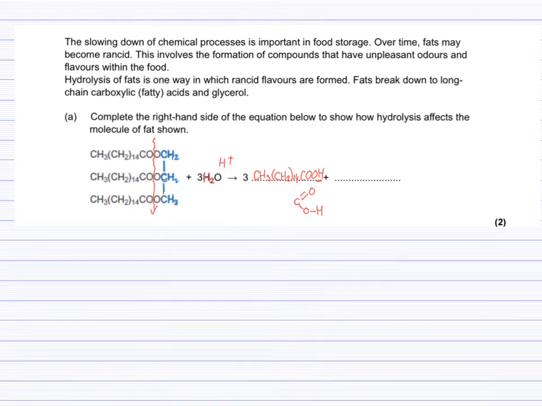In ester hydrolysis, remember that an alcohol and a carboxylic acid are produced. Therefore, for a triester hydrolysis, the ester link is broken here, and since it's a triester, 3 ester links are broken to produce 3 moles of acids. Since this is the salt of the acid and it's under acidic conditions, the protonated acid is formed, and there is the formula of the protonated acid. And the other molecule that's formed is propane-1,2,3-triol, or glycerol,